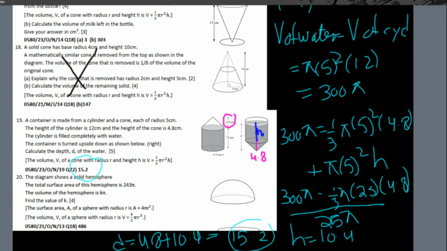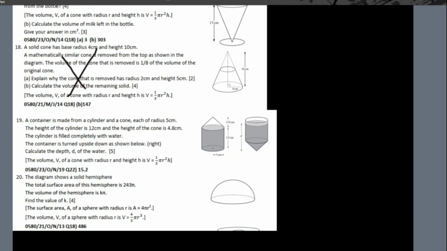Okay. Question 20. The diagram shows a solid hemisphere. The total surface area of this hemisphere is 243 pi. The volume of the hemisphere is k pi. Find the value of k. Alright, so